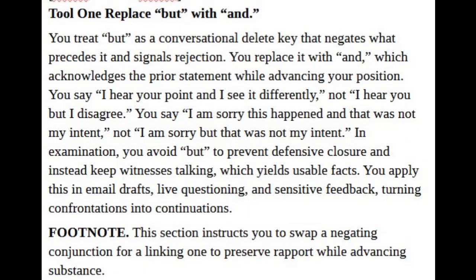Tool 1. Replace but with and. You treat but as a conversational delete key that negates what precedes it and signals rejection. You replace it with and, which acknowledges the prior statement while advancing your position. You say I hear your point and I see it differently, not I hear you but I disagree. You say I am sorry this happened and that was not my intent, not I am sorry but that was